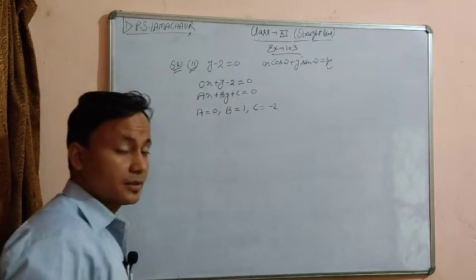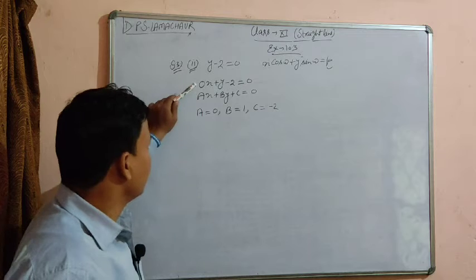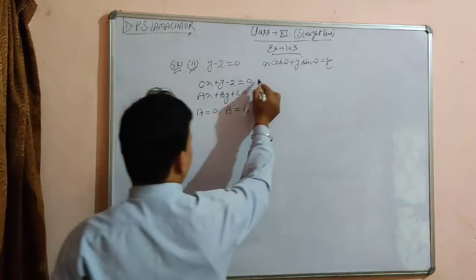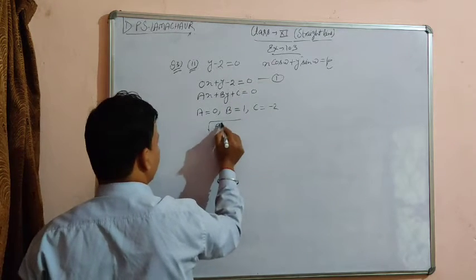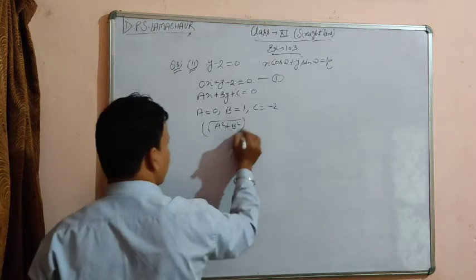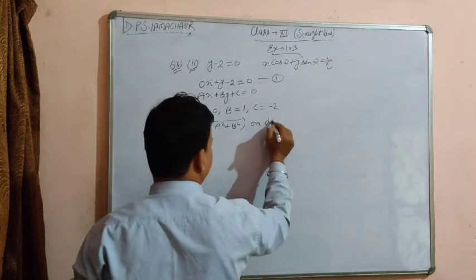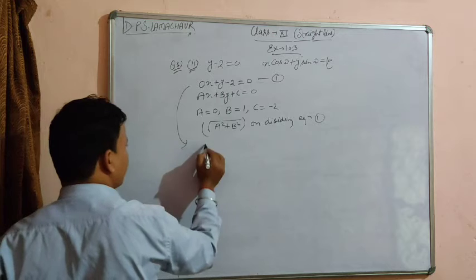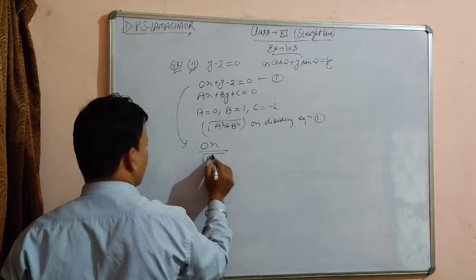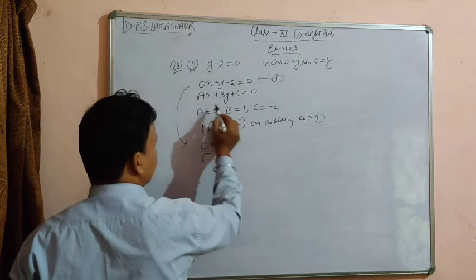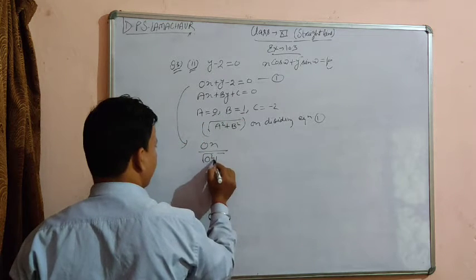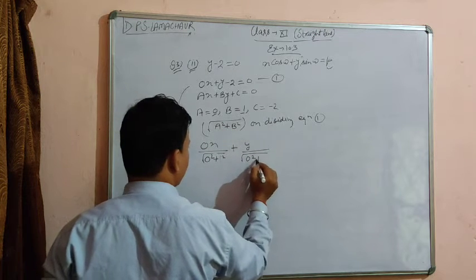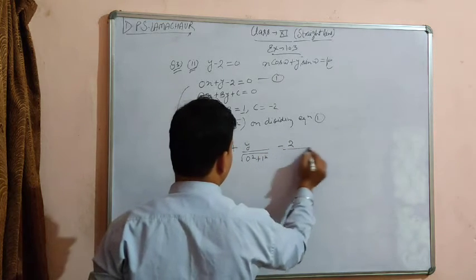Okay, got it? Now to reduce this equation to the normal form, we have to divide the whole equation by root of a square plus b square. So we divide equation number one by this amount. What we get here is 0x upon root of a square plus b square, where the value of a is 0 and b is 1, so 0 square plus 1 square, plus y upon root of 0 square plus 1 square, and minus 2 upon root of